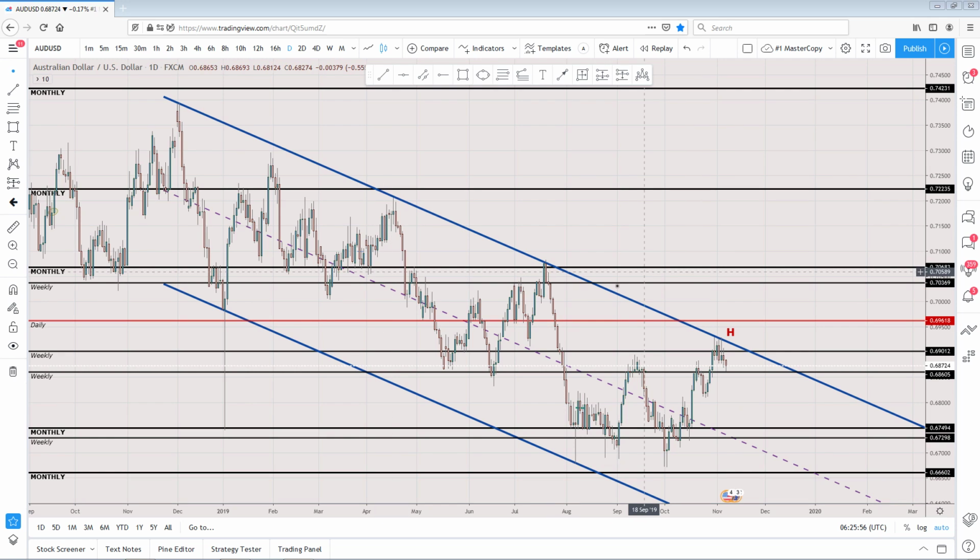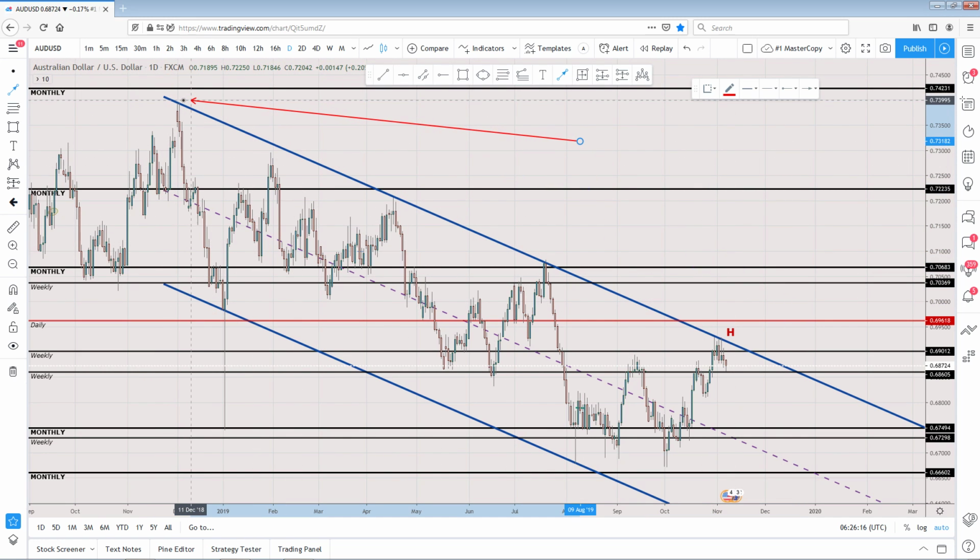Okay, so let's break down the current movement of AUD USD and what were some potential trades. Right now we're looking at the daily chart. I just wanted to point out this trend line, this blue trend line. We drew this trend line based on this wick touch here. We touched this wick right there,